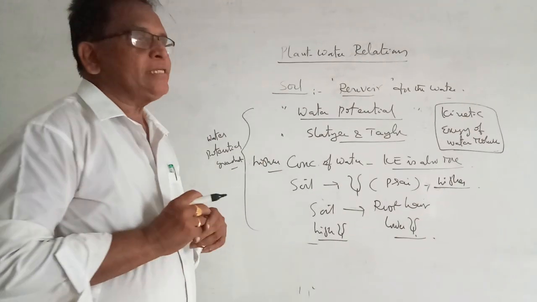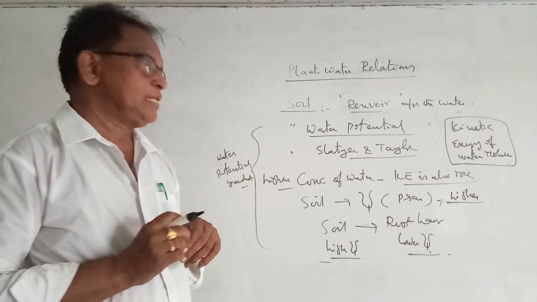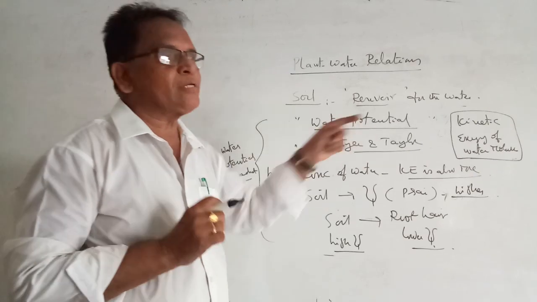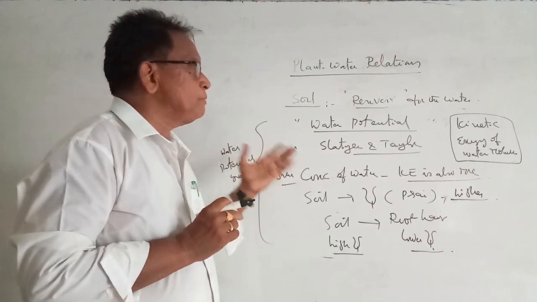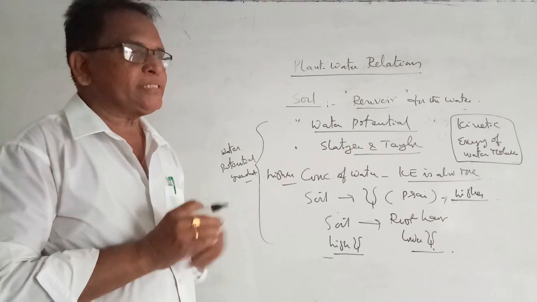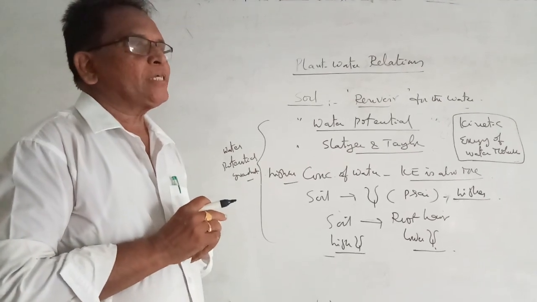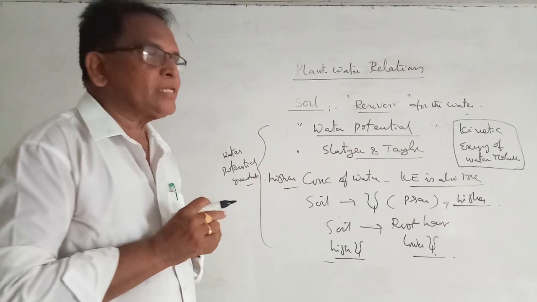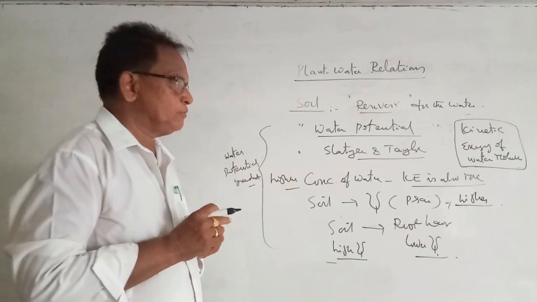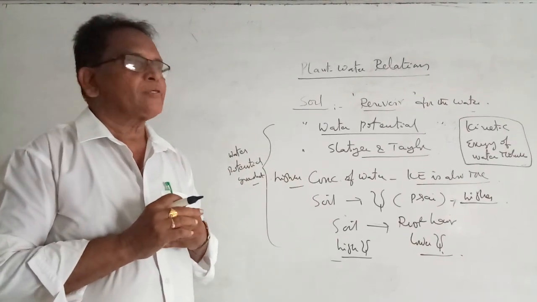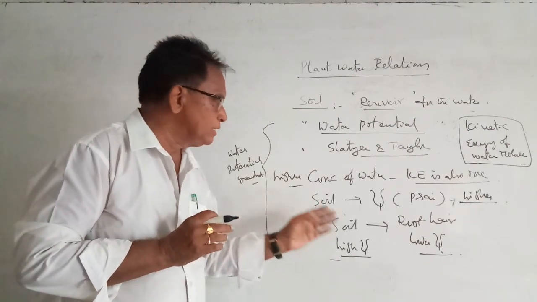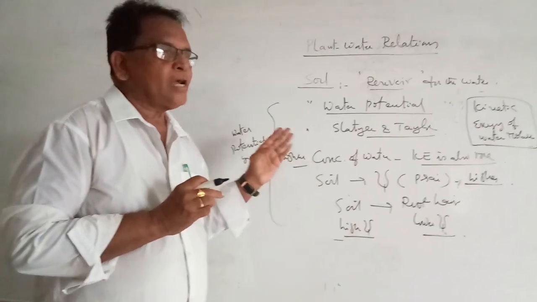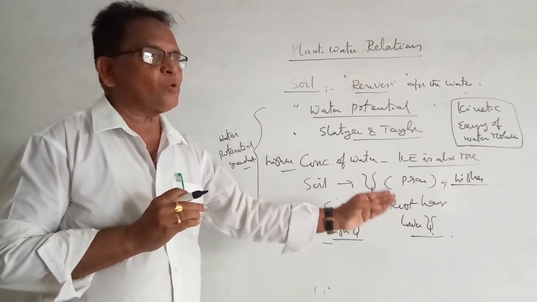Water is normally absorbed by the plants from soil, and for this absorption, water potential plays a very important role. The water potential means the kinetic energy of the water molecules present in that particular system. The greater the kinetic energy, the greater will be the water potential. So the water potential of the soil water is always more when compared with the plant body. So water always moves from the soil into the root hair. Water always moves from a region of higher water potential to the region of lower water potential.